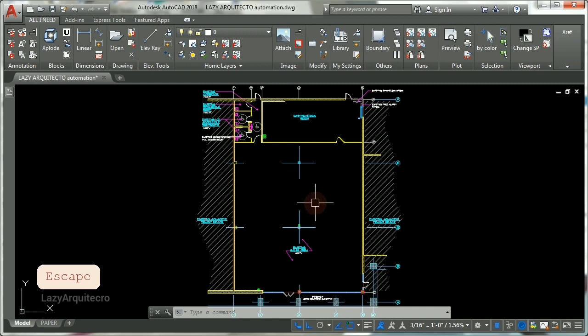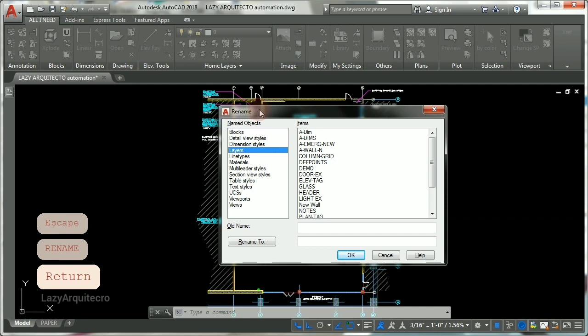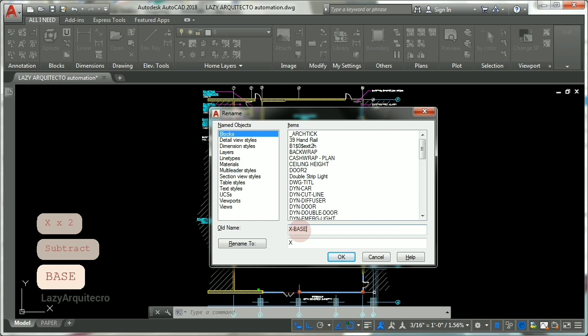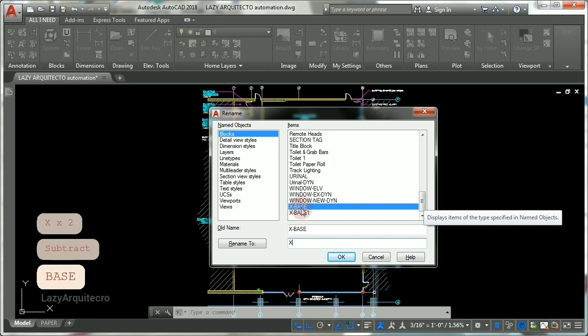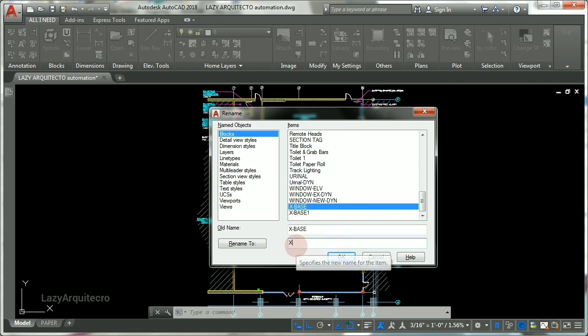Let's type rename and press enter. This will open the rename dialog box. So click Blocks. The name of our Xref was Xbase. So let's type Xbase. As you can see, it shows right here, and this is causing the issue because there is a block somehow with the same name as our Xref. So let's rename it to anything